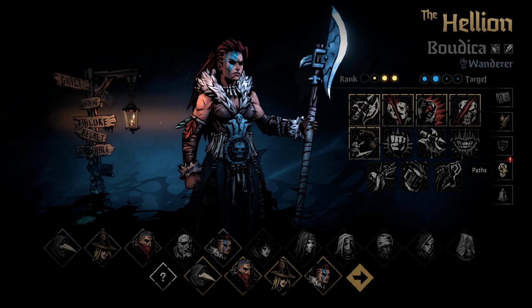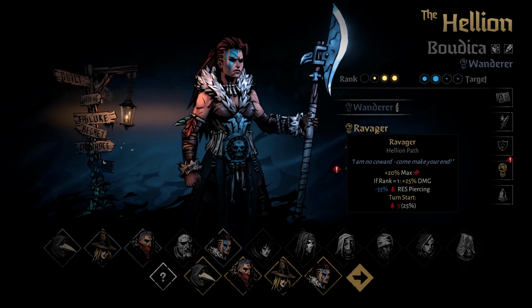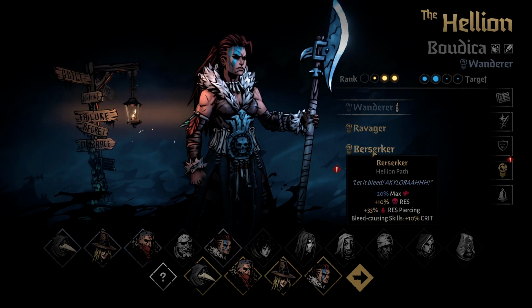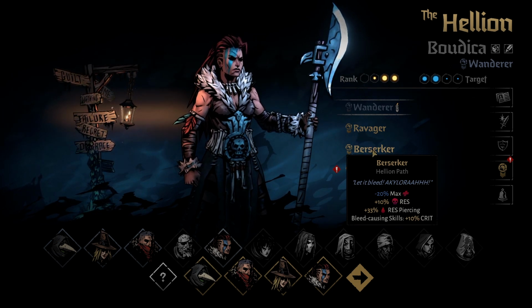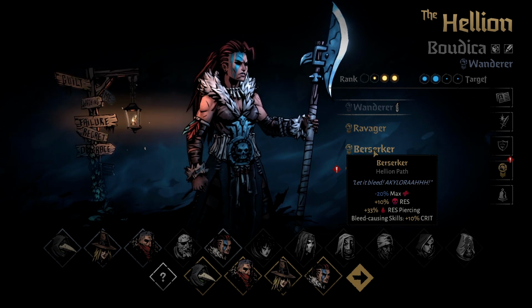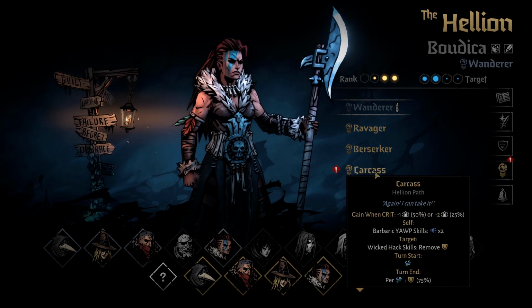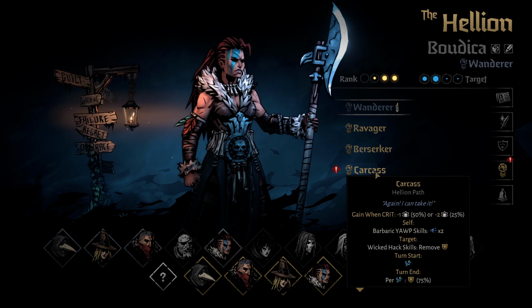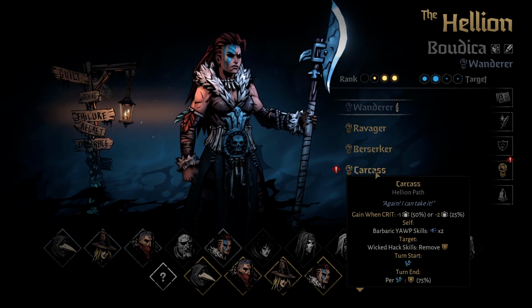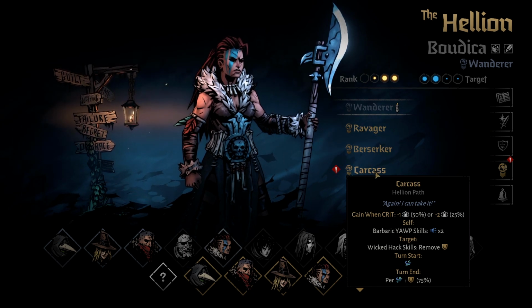We have all of her abilities unlocked, so we get to pick and choose what we like. Ravager is more damage at the front, but she has a chance to bleed herself. Berserker is lower health, but better bleeding. I haven't really been using the bleeding with her. And Carcass. Gain when crit, lower stress,